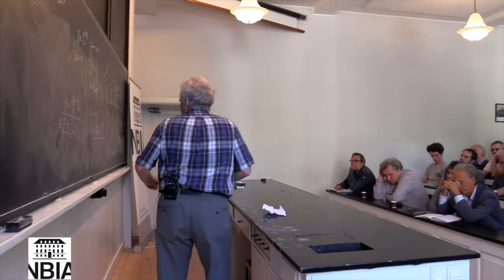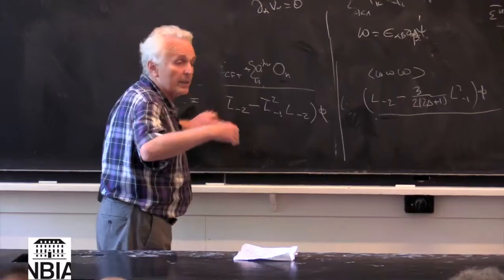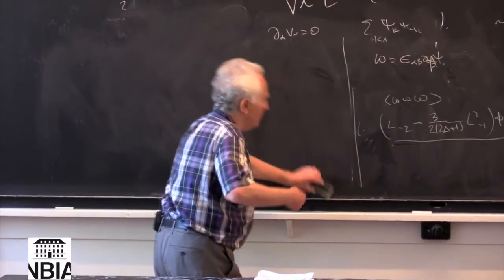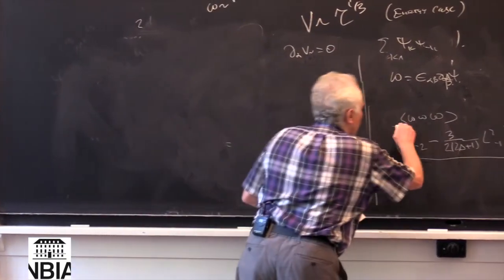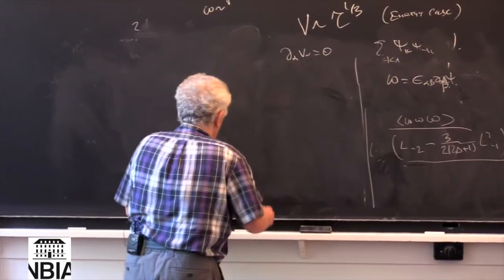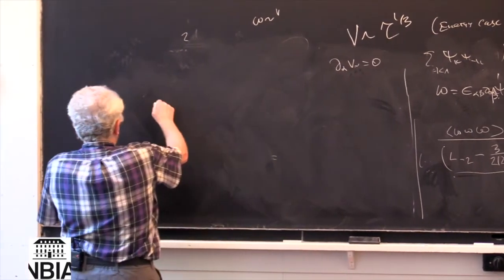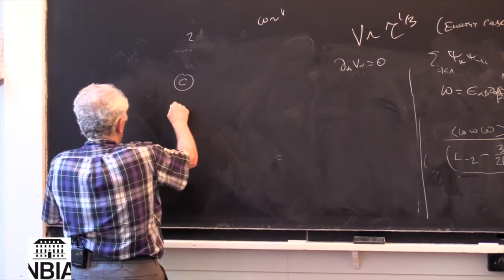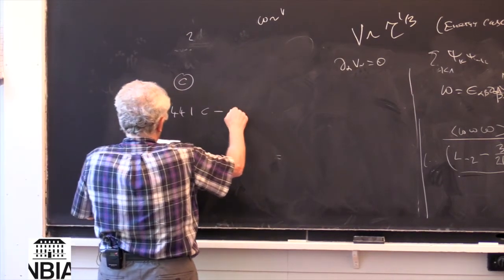But now I will write the answer and then compare it with the Zamolodchikov paper. So we have the answer for all three things, and just to show you the level of difficulty, it is for the model with central charge C is 441 C minus